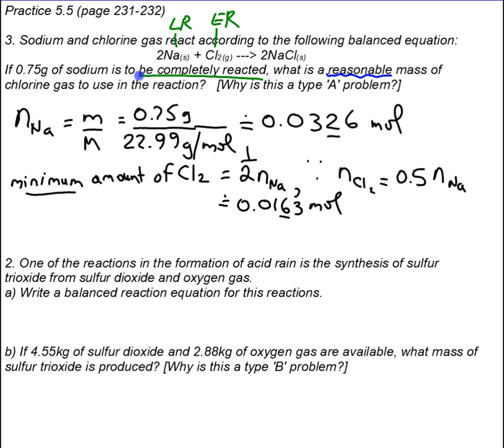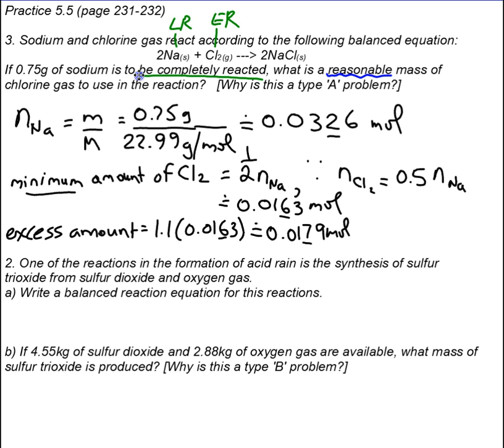And then I would just say that, well, we're going to try to find a mass, so we're going to need to convert back to mass before we apply the 10% excess, so we can apply it right now. Okay, I can say the excess amount would be 110% of this amount. Okay, which is, let's multiply that by 1.1, about 0.0179 moles. And then the last step would be calculating the mass of chlorine,